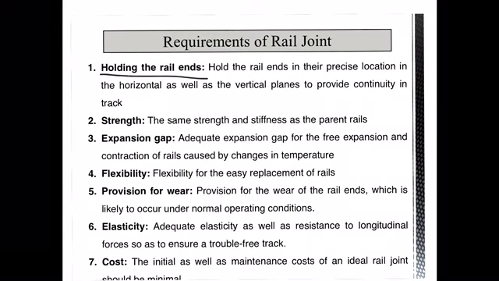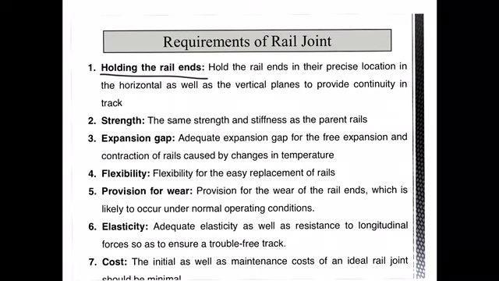As I already mentioned, an ideal joint should hold both the rail ends in their precise location in the horizontal as well as in the vertical plane, so that continuity in the track can be provided. This helps in avoiding wheel jumping or deviations of the wheel from its normal path of movement. And whatever joints we provide should have the same strength and stiffness